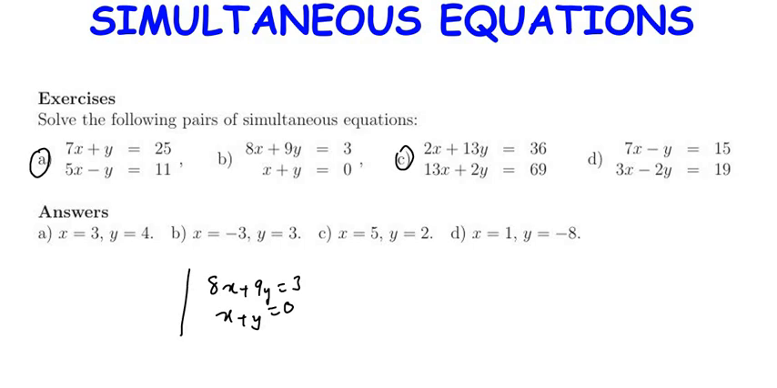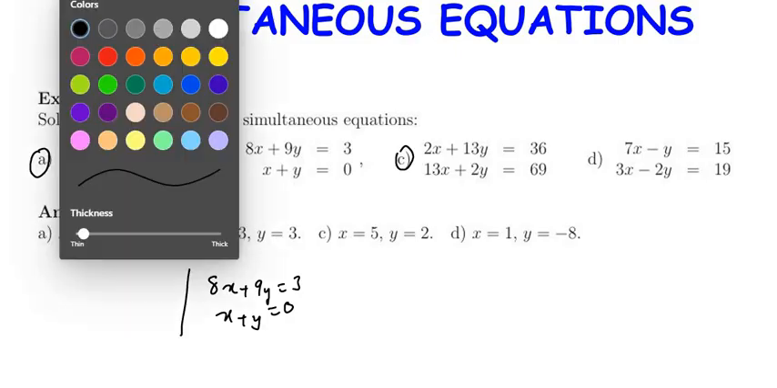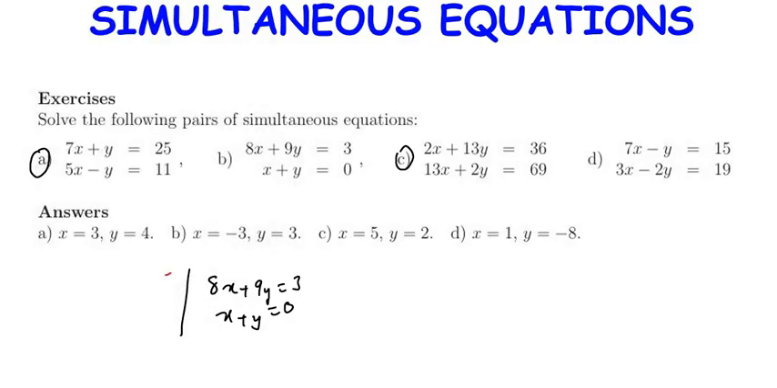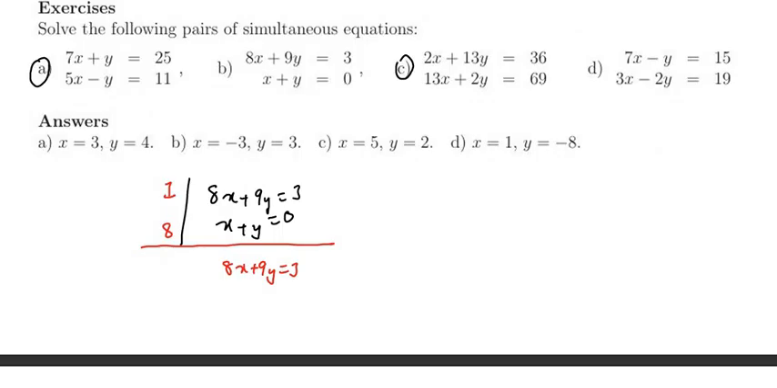So I'll multiply the first, you switch the numbers. So 1 is going to multiply the first equation, 8 is going to multiply the second equation. So this is going to be 8x plus 9y is equal to 3, so that we maintain the down part. Then if we make the down part to be multiplied by 8, this is going to be 8x plus 8y is equal